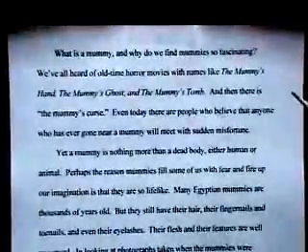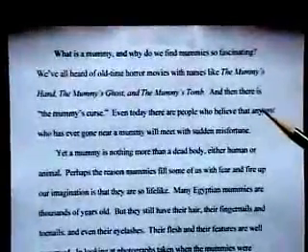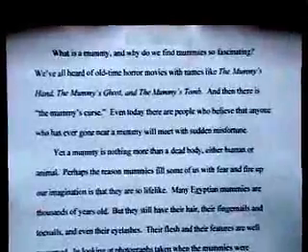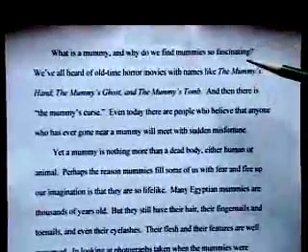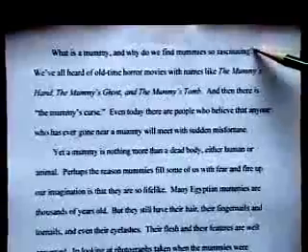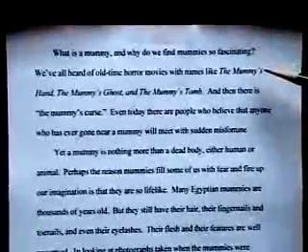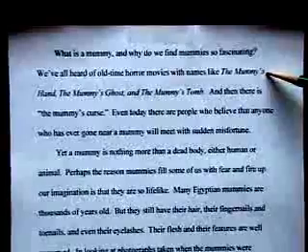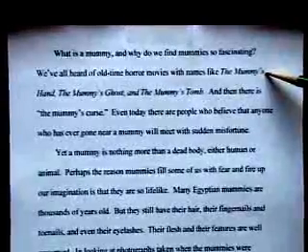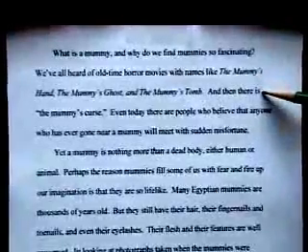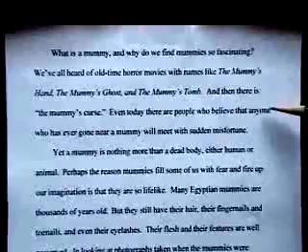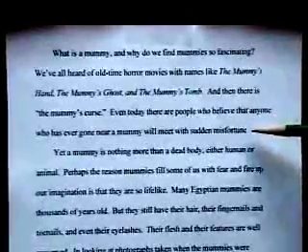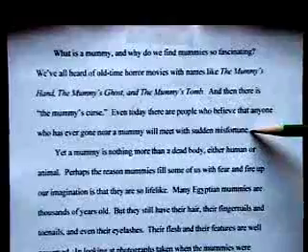This is a text about mummies. We're going to read through here and see if we can use any of the steps of GIST. Here's the first paragraph. What is a mummy, and why do we find mummies so fascinating? We've all heard of old-time horror movies with names like The Mummy's Hand, The Mummy's Ghost, and The Mummy's Tomb. And then there is The Mummy's Curse. Even today, there are people who believe that anyone who has ever gone near a mummy will meet with sudden